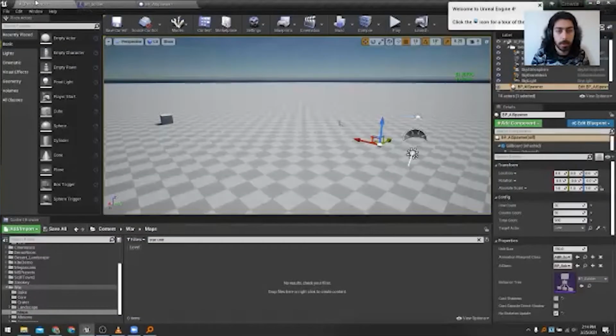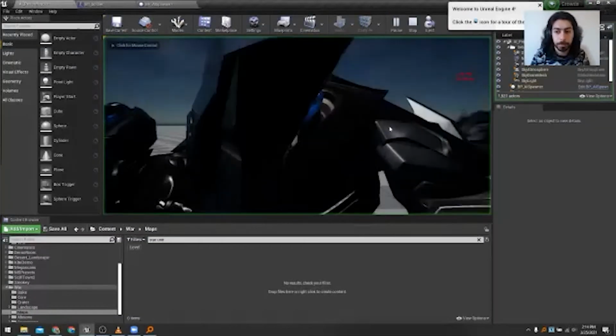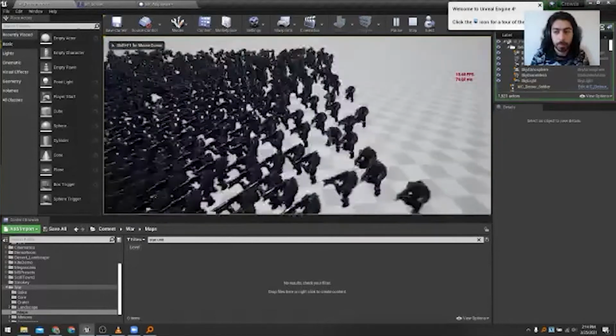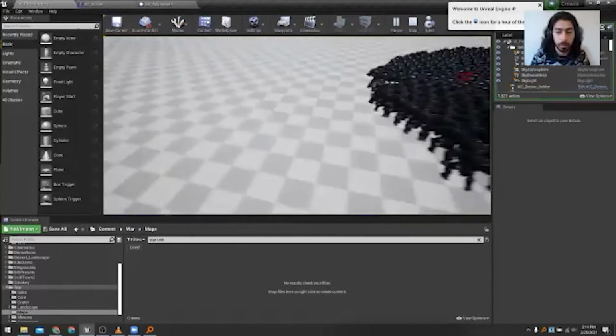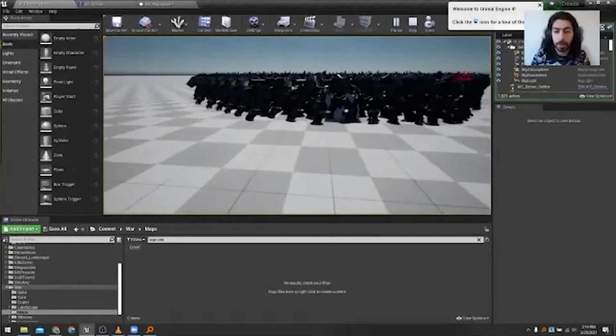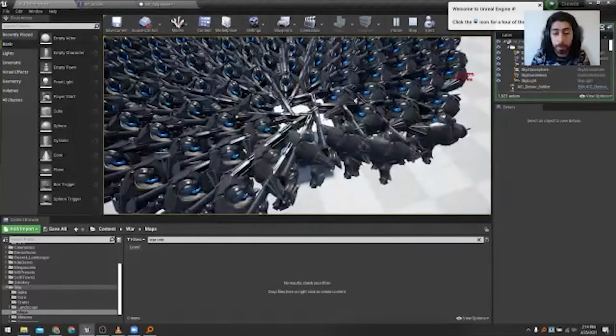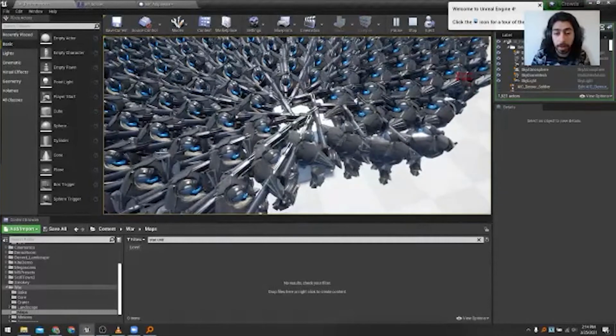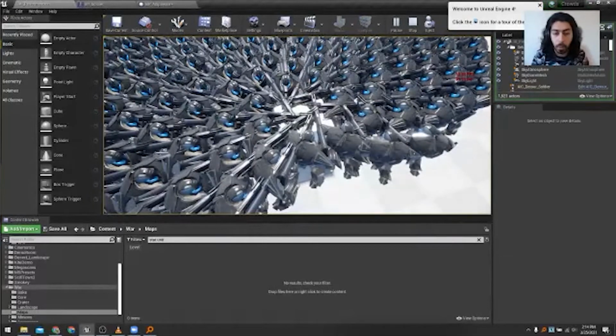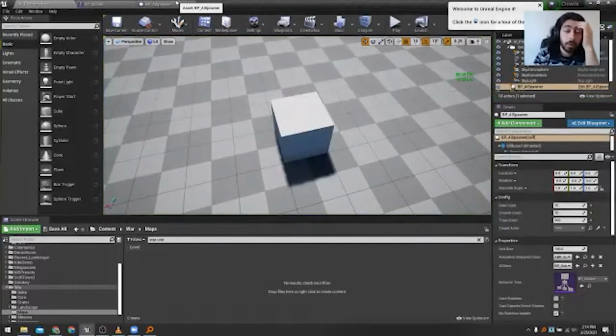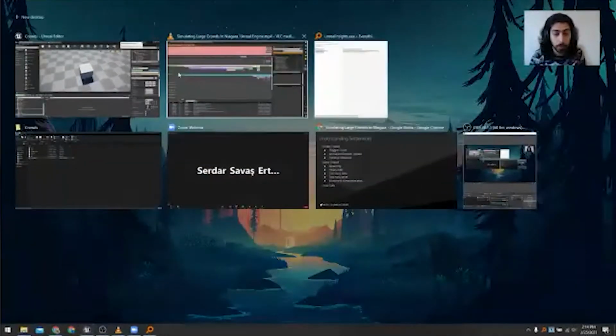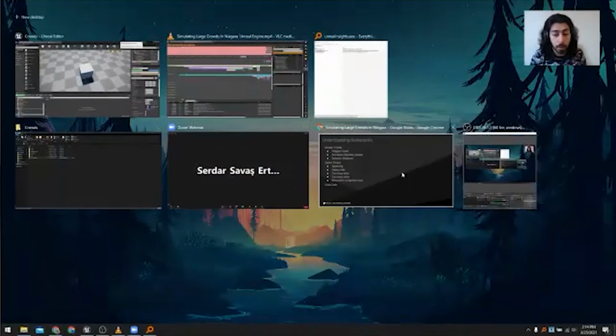Hit compile. Now we will hit play. The performance dropped again, but we still gain a bit more. But they're not moving the box anymore. This is because they cannot really interact with the box, and the reason they can't interact with the box is because we disabled physics interaction. However, now that you understand the bottleneck, you can know how to fix it. And I'm going back to some slides to show you how Bonex works.